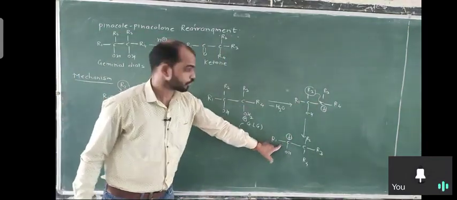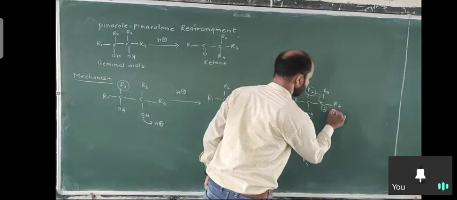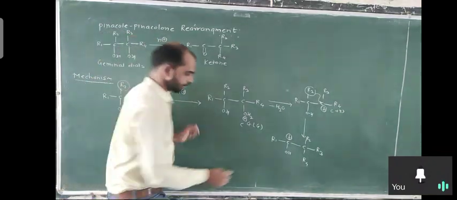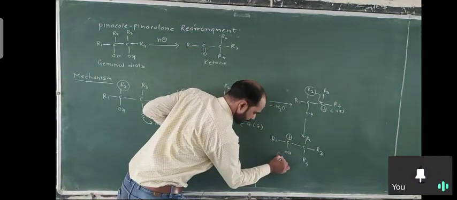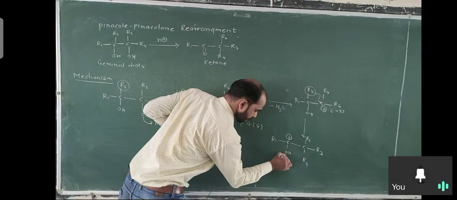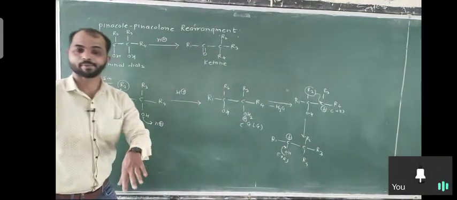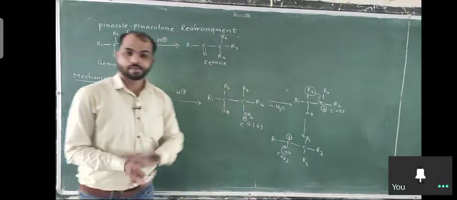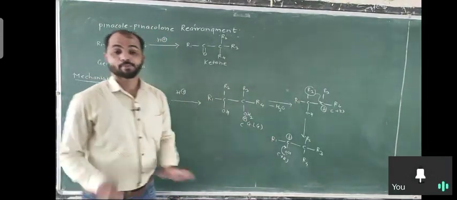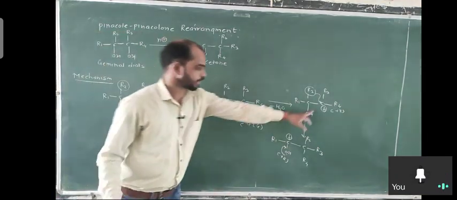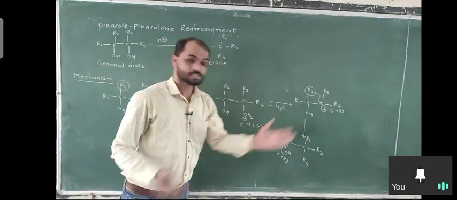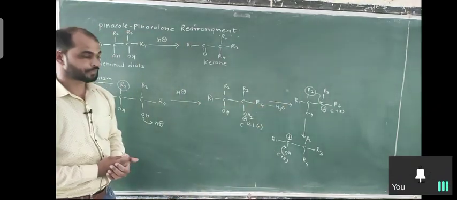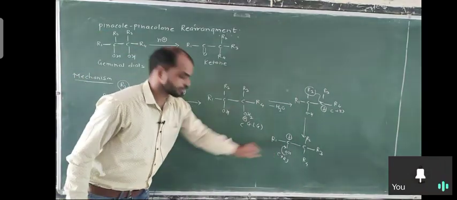This one is most stable, because here the carbocation is stabilized by the plus I effect. But here this carbocation is stabilized by the plus R effect because lone pairs are available. The plus R effect dominates as compared to plus I, which means this carbocation form is more stable. So when there is formation of this carbocation, it is easily converted into this form. That's why the group is migrated, and we get this species.